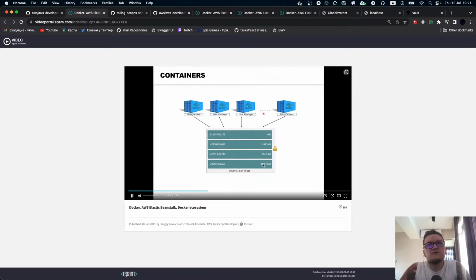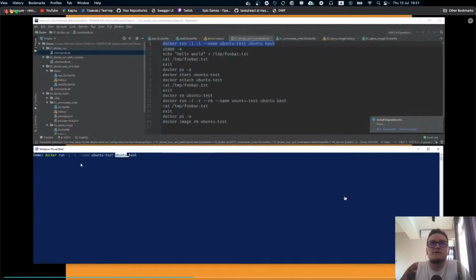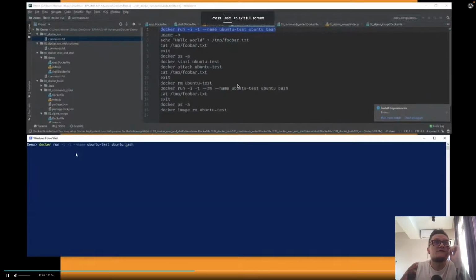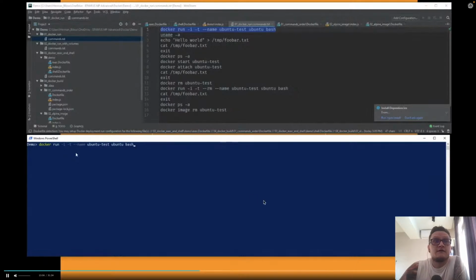So we have small containers, for example, running on Ubuntu, all of them running on Ubuntu. And here in an example, let me check. So here, yeah, we can see Docker run Ubuntu test, Ubuntu bash. So our Russian language lecturer is trying to run just a small container with the Ubuntu environment inside it, and he wants to run a bash terminal inside it. So when we run this one,